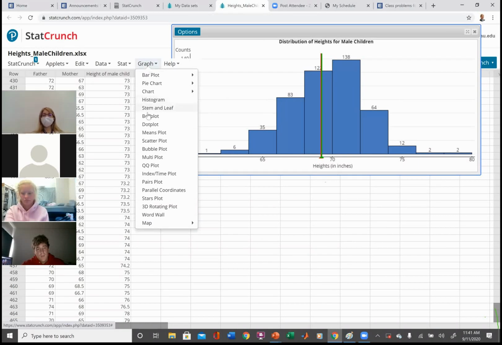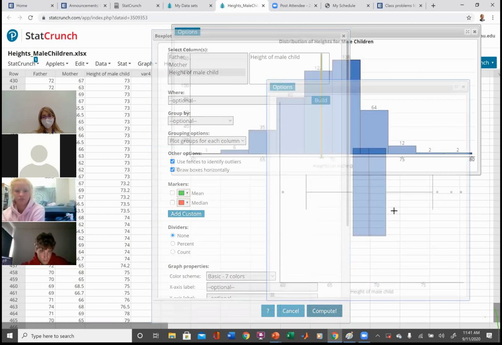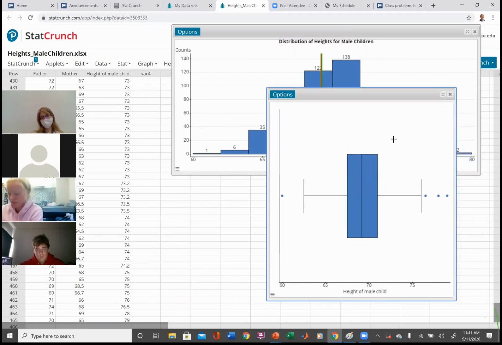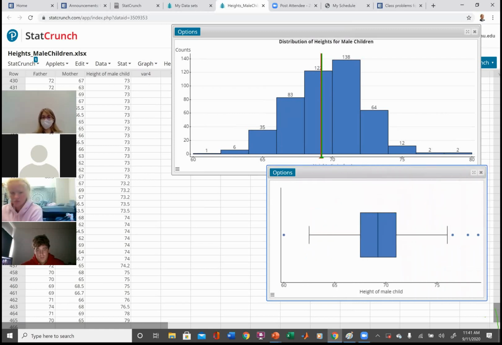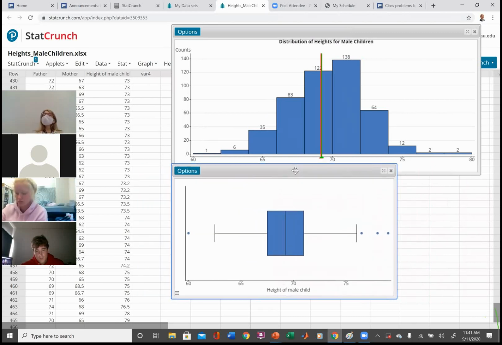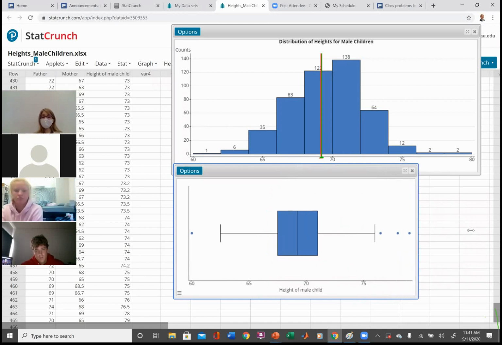So I'm going to go to graph, box plot. And I'll show you something that's nice. You can hit this thing called draw box horizontally, okay? And I won't bother putting in a title, okay? And this shows us the box plot. And I'm going to try to put them on the same scale so I can compare them, all right? So this starts down here at 60, okay? And it goes up here.